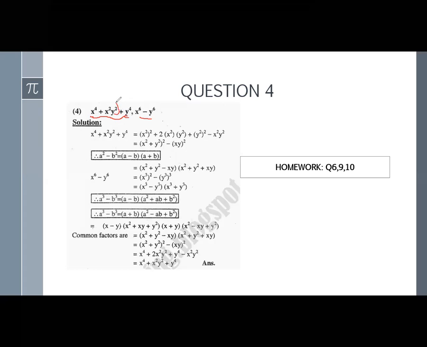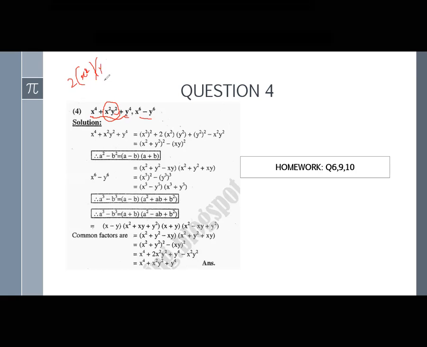Now you have to see that here there should be a 2ab. If a should be x square and b should be y square,